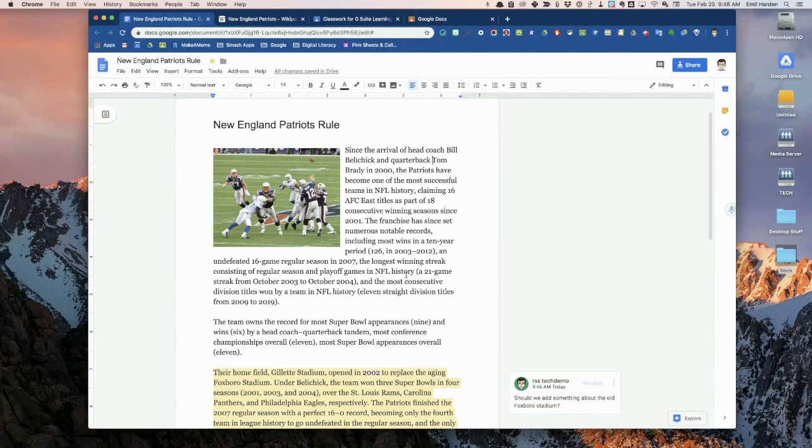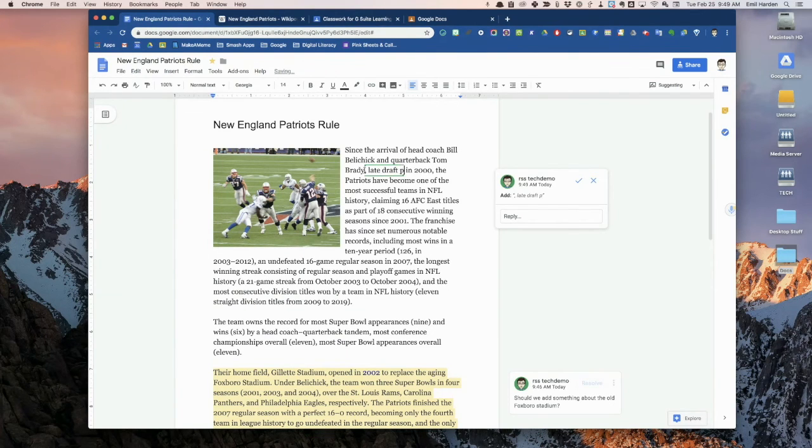So if you're going to collaborate with a number of people, but someone is going to make the final decision about what happens, maybe the teacher's going to make the final decision on treatment team notes or preparations for a PPT meeting or whatever, how do you control for that? You come right up here to the top right where it says editing, and you're going to change it from editing to suggesting. And now anyone that makes a particular change, let's say quarterback Tom Brady,